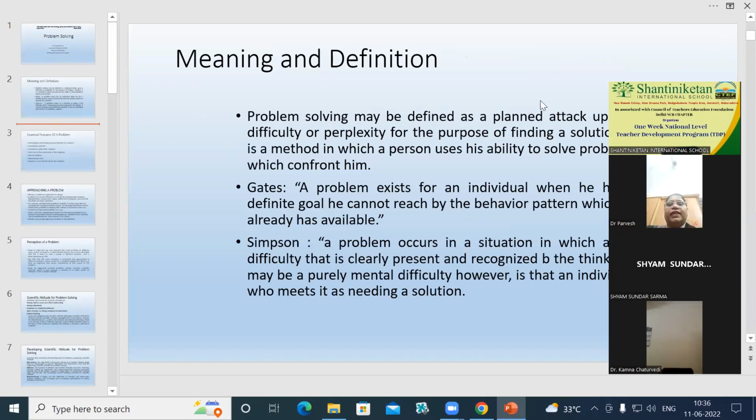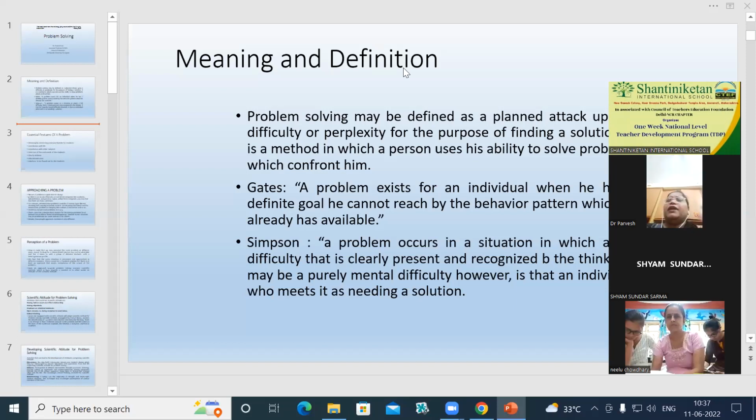So problem solving may be defined. This is the definition of problem solving. Life is full of problems, and man is able to solve them successfully only if he has proper experience and the art of overcoming difficulties through education. As the child grows up, he learns new methods of taking on problems. This habit of making efforts and solving problems independently is useful in learning. There are various facts related to the curricular areas that also help the child in solving actual life problems.